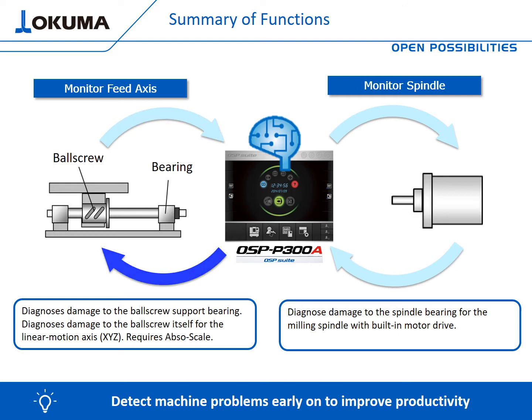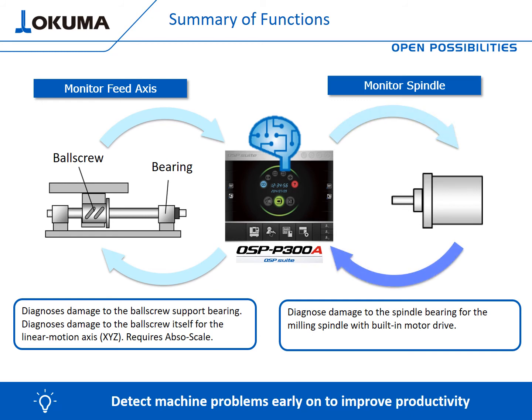It looks at data from the ball screw itself and the bearing that supports that ball screw. And depending on that, and also historical data and a set of parameters, it is able to determine and present to you a trend to basically tell you whether the machine is in perfectly good condition or it is trending toward needing maintenance. In a similar way, the system can also do the same analysis for the spindle,